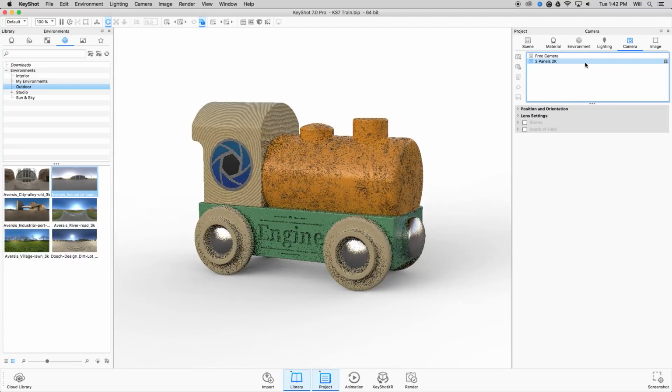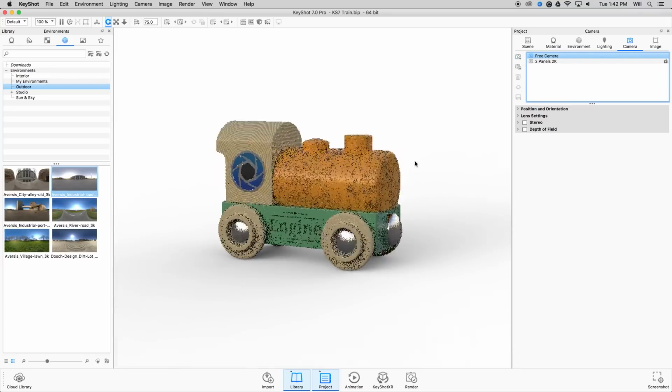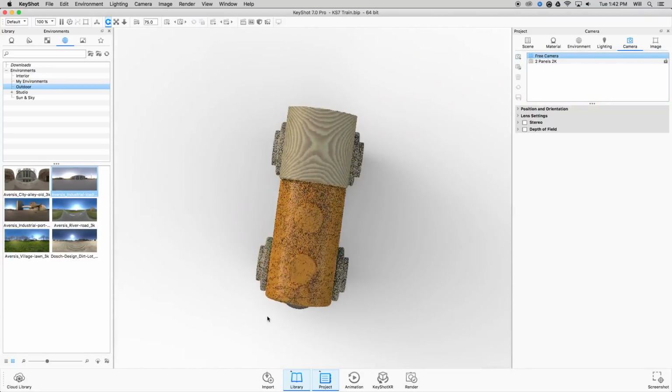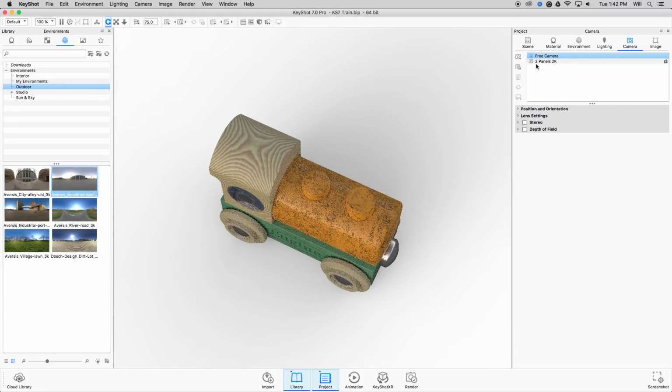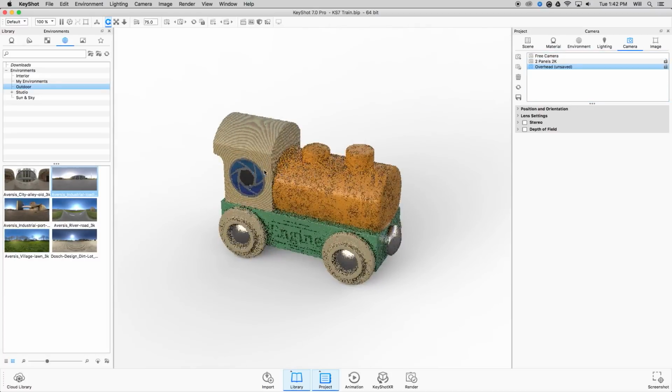If we go over here, I've got just one camera. I can go ahead and add another one. Let's say I want an overhead view. I can add my camera and call it overhead. And so we have a couple cameras. The other thing that we can do